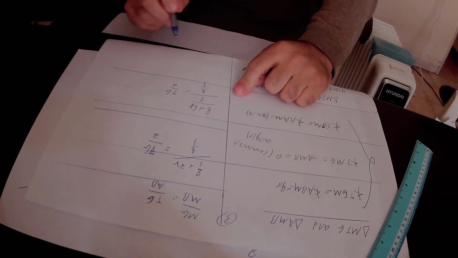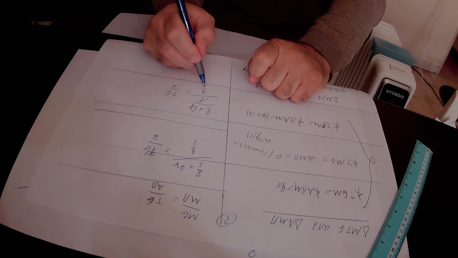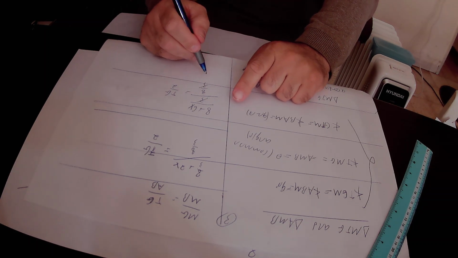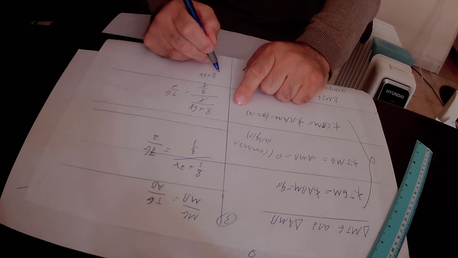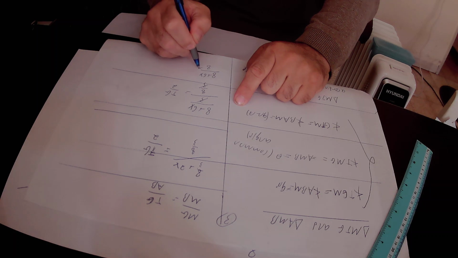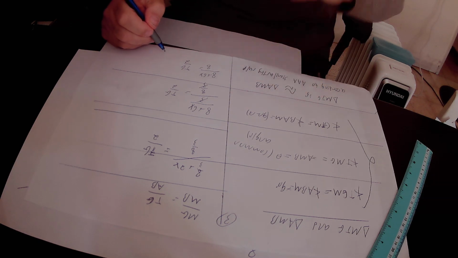So here we have 3 in the numerator and 3 in the denominator, so 3 will get cancelled, and we're left with 8 plus 6x over 8 equals TG over 2. Here we cross multiply this equation,